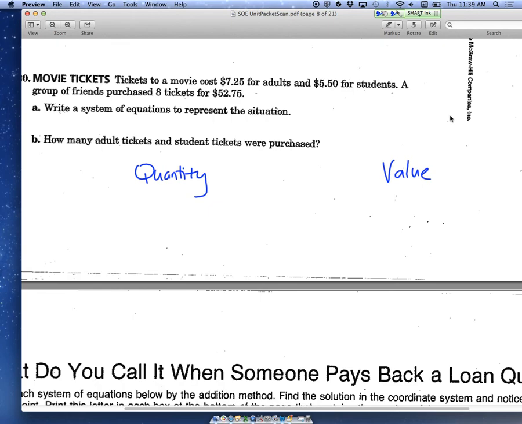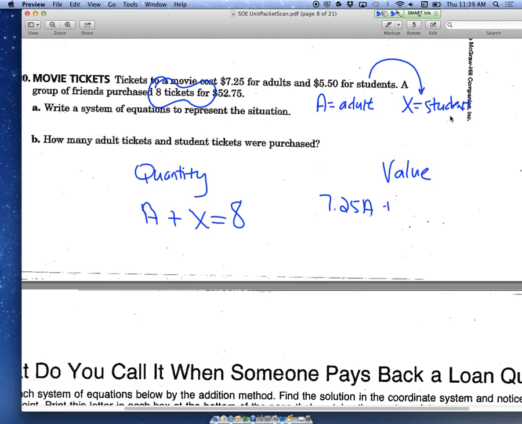So if I let A stand for the adult ticket, and I'll go ahead and say that X is the student ticket, just because my S's sometimes will look like a 5. So I could say that my quantity would be the number of adult tickets sold plus the number of student tickets sold should equal 8. I purchased a total of 8 tickets. And then in the other equation, I will attach value to it. So one adult ticket was $7.25, and then one student ticket was $5.50, and then they spent a total of